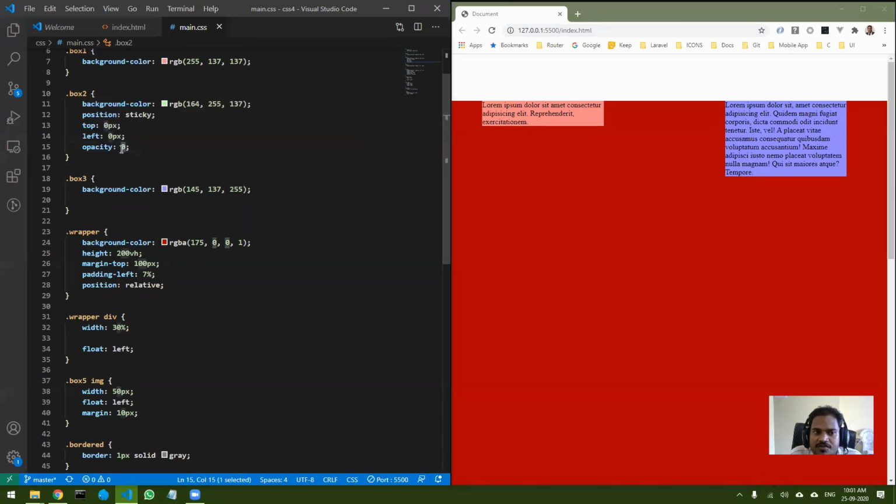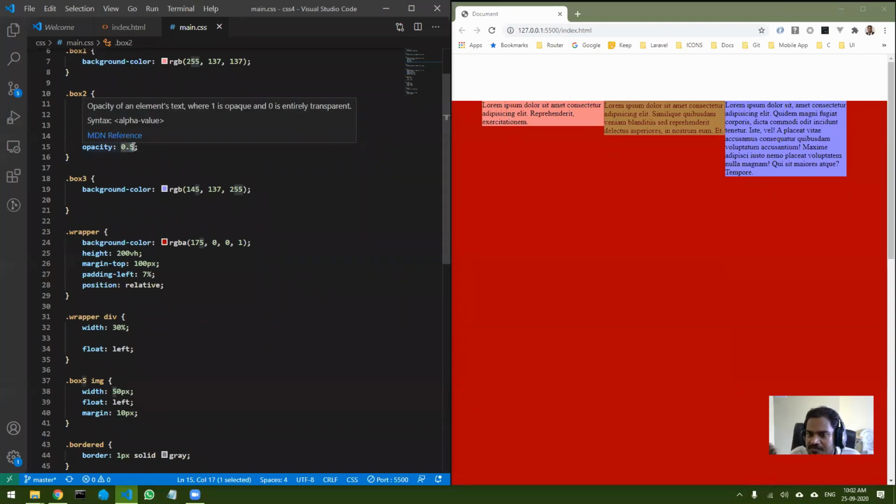If you set opacity to, let's say, something like 0.5, you can see it is slightly visible. Basically opacity is nothing but the transparency of your content. You can increase it to any amount you want. Maximum is 1. If you set it to 1, that is the default value of opacity.